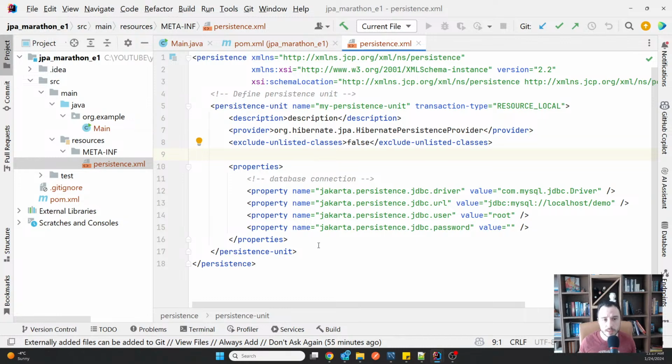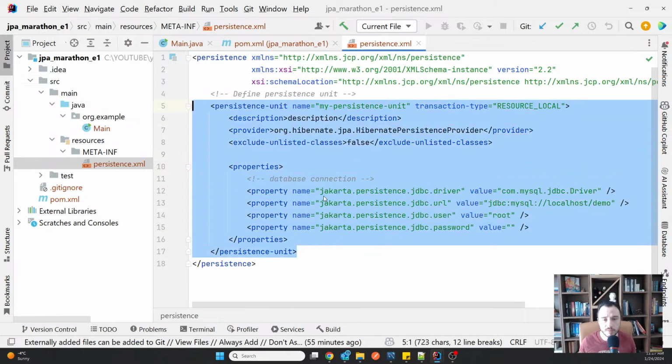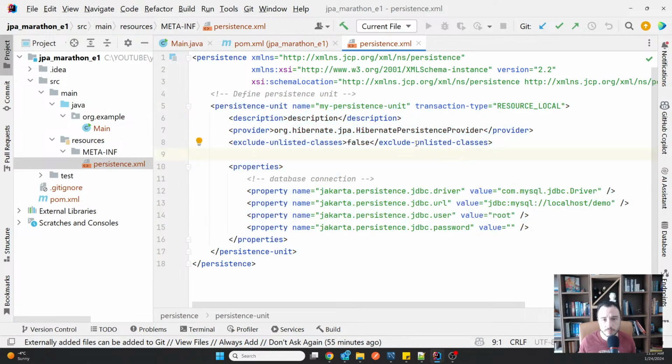So how does the rest of this configuration XML look? It has a unique name, and then it has a transaction type. This transaction type depends on how you want to use your database operations.